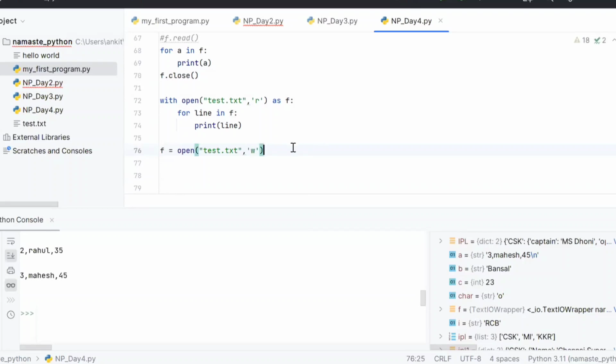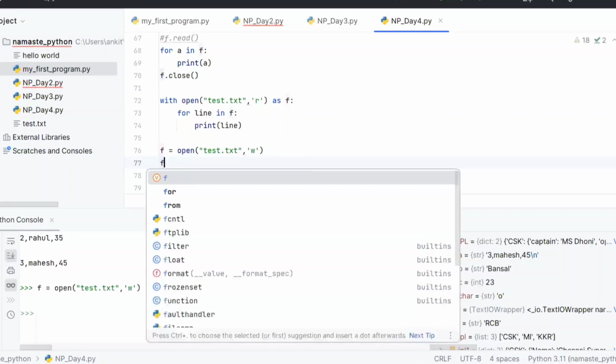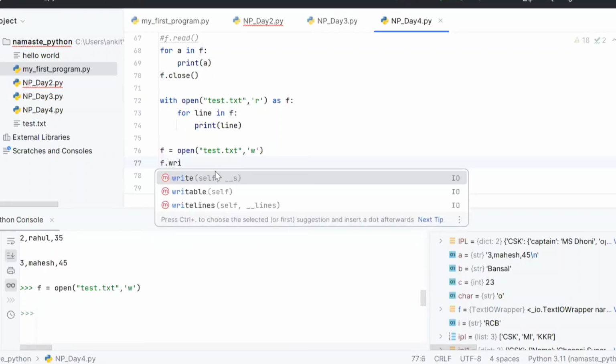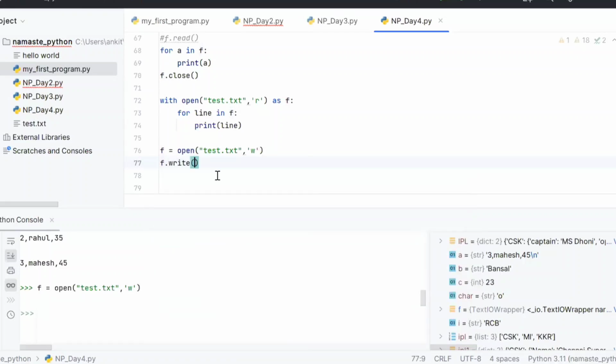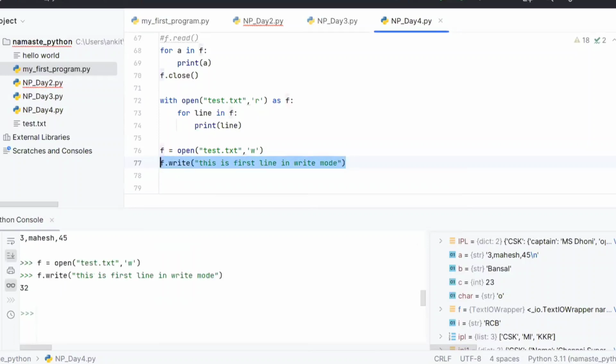I'm saying open this file in the write mode, press Control Enter, and then say f.write, "this is first line in write mode". And it is done.